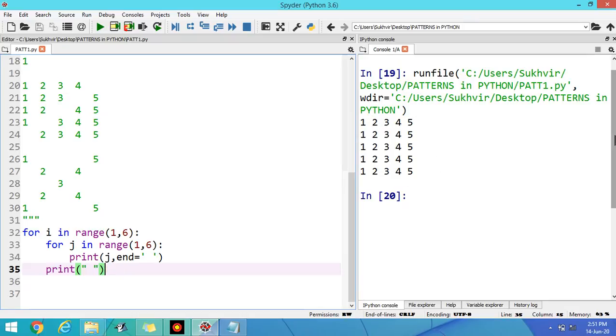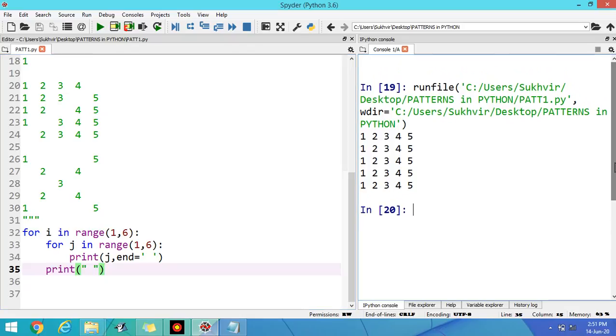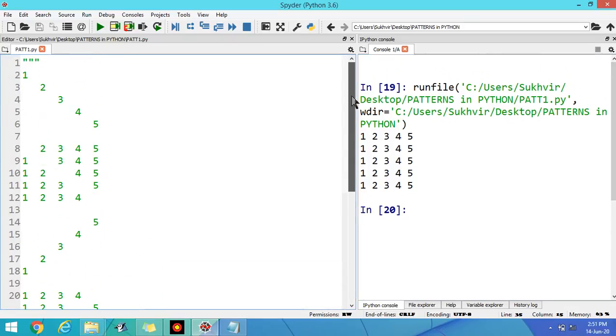Then in all the rows, basically these are the values of j. These are not the values of i. In the first row, the value of i is equal to 1. In the second row, the value of i is equal to 2, then 3, then 4, and 5. In the first column, the value of j is equal to 1, then 2, 3, 4, and 5. These are basically the values of j if I am targeting the columns. Now, what's required? I have to print these values 1, 2, 3, 4, 5.